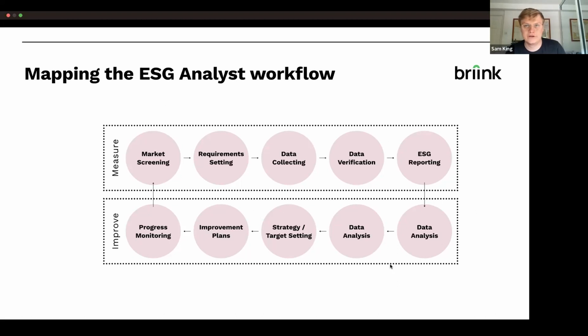Of course, whether you're in an ESG team directly at a corporate compared to an ESG analyst at an asset manager or a fund, the devil's in the details, and there are of course major differences. But still, whether you're doing this assessment for your own company or for a number of companies in your portfolio, we find that there's this kind of common workflow of, first of all, needing to measure and report. So screening the market for how regulations are changing, different ESG workflows and ESG credentials of companies that you're looking into. And then, of course, requirement setting, deciding which ESG regulations or frameworks are applicable to you and that you want to